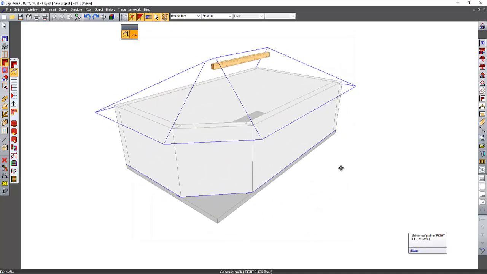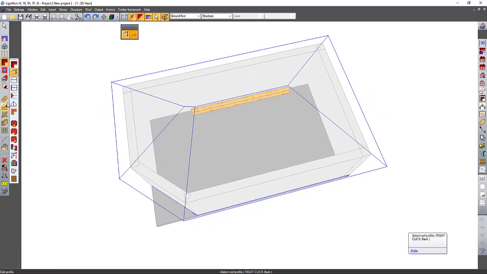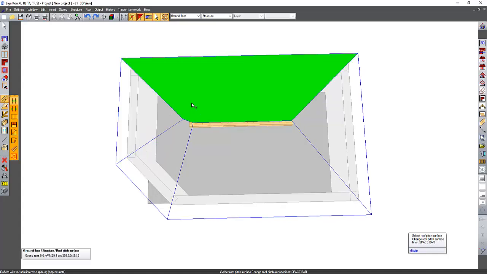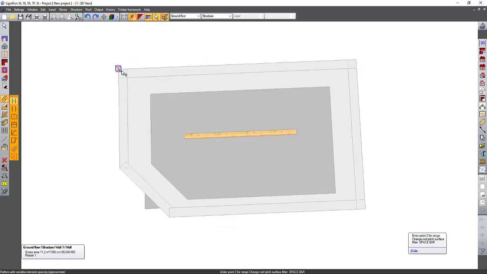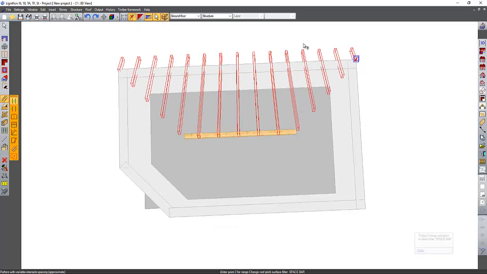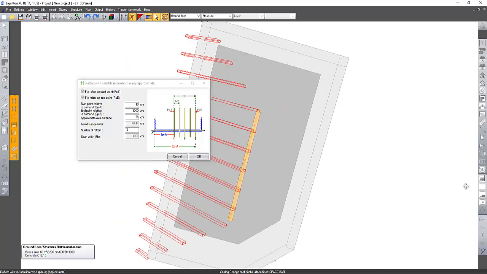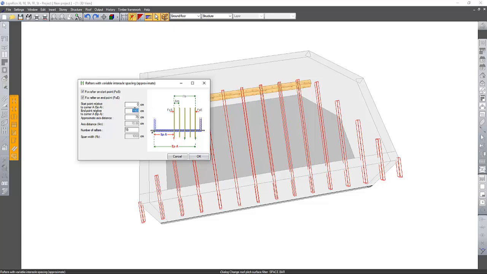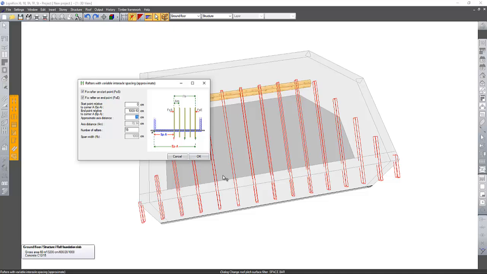So I confirm it, and now we can put the rafter. There is an automatic function, we can see it later, or a manual function that we have seen in the LigniKon XL video, I guess. Anyway, we can see it again. I click the first point, the second point. You can set a distance from that point. In this case, we can look in this way, it's clearer. So the 0 point is this, and you can go outside or inside. It depends if you put a negative or a positive